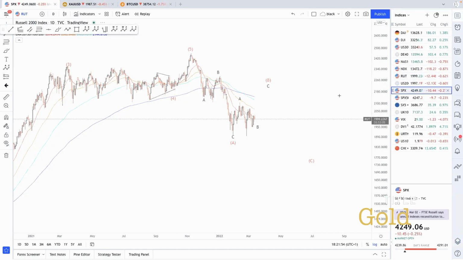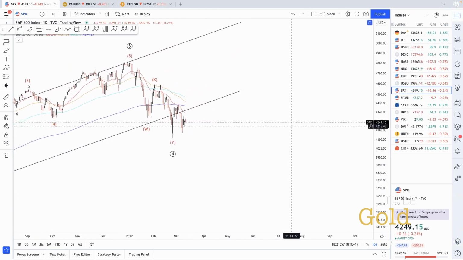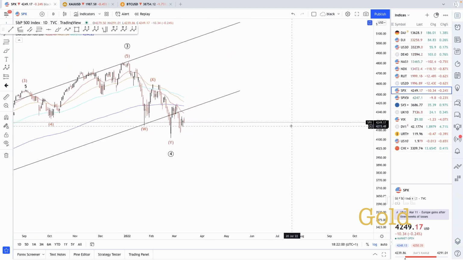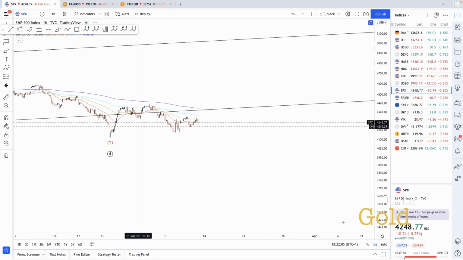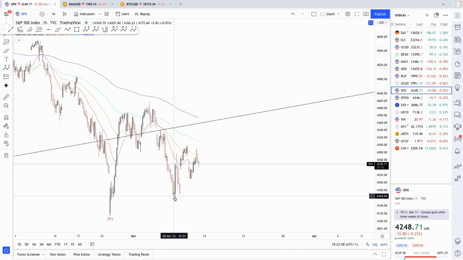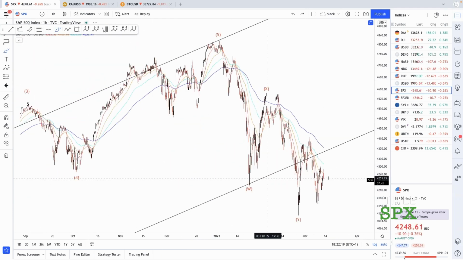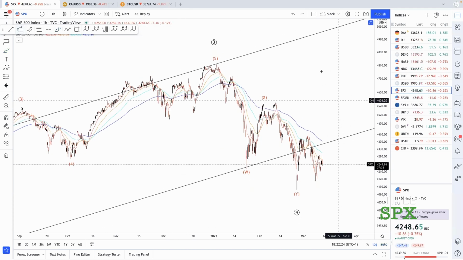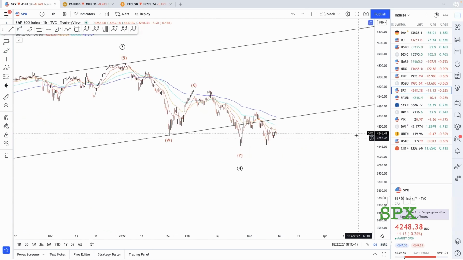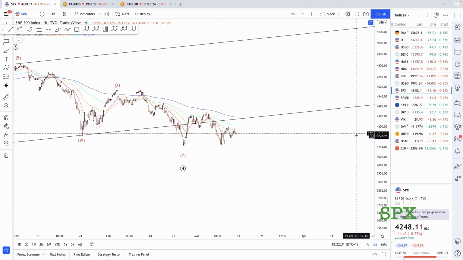If we want to look at the S&P, for instance, it's uncertain, it's unclear to me. For instance, this move up from here to here is corrective. It's 3, 1, 2, 3. So ABC. Therefore, I can see further downside, to be honest. So as always, we don't know what's going to be. So we can just sit back and watch what's going to happen.